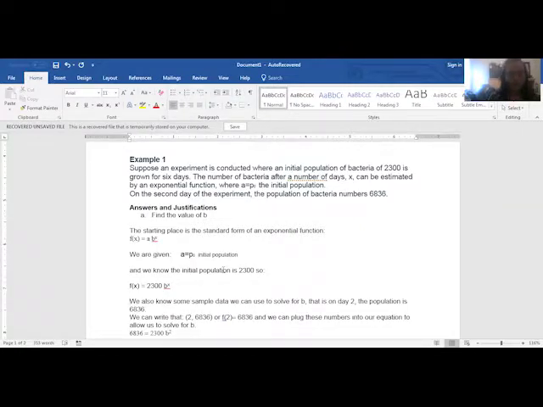The next piece of information we're given is some sample data. It tells us on day 2, the population is 6836. That means we're given the set of coordinates (2, 6836), which we can also write in function notation like this: f of 2 equals 6836. This is a sample. It says if we put in day 2, we should get 6836. So I'm going to put that in, the 2 for x, the 6836 for y, and now I can solve